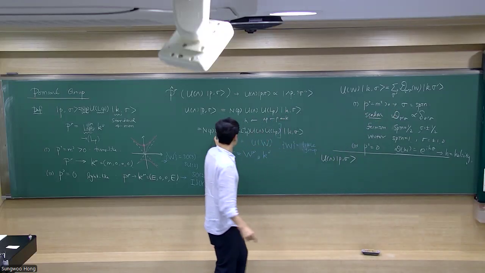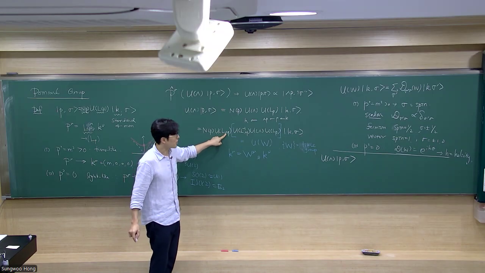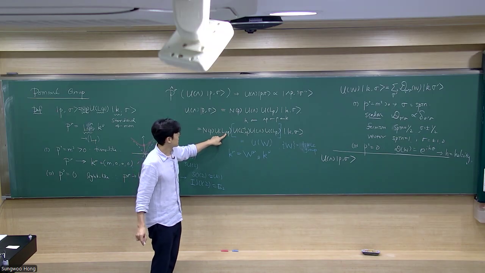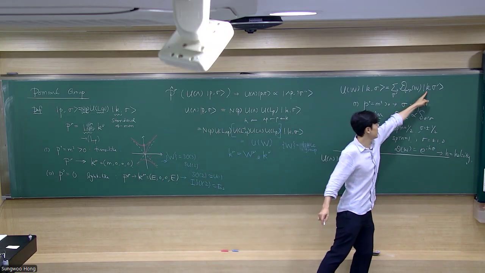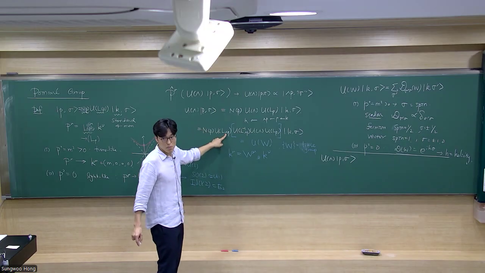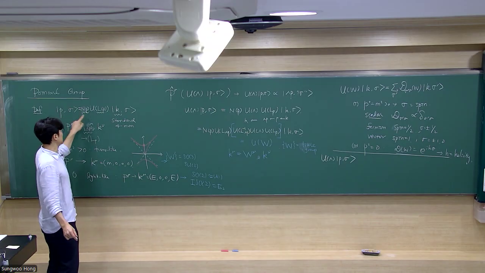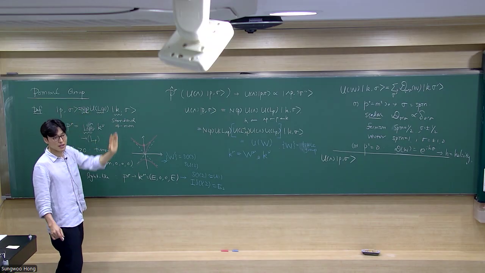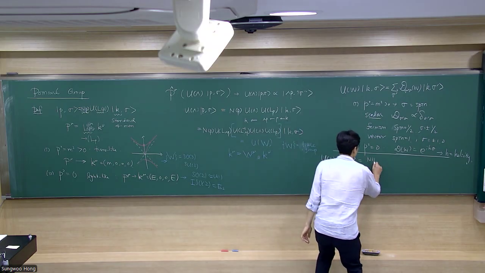And then I can now take a boost, which takes the k to lambda p rather than p, right? But by definition, if I act this on k, I get a physical state with the momentum lambda p. The only thing I need to worry about is that I define the physical state with a certain normalization, so I have to multiply and divide by it. That's all I need to care about. So with that small detail,